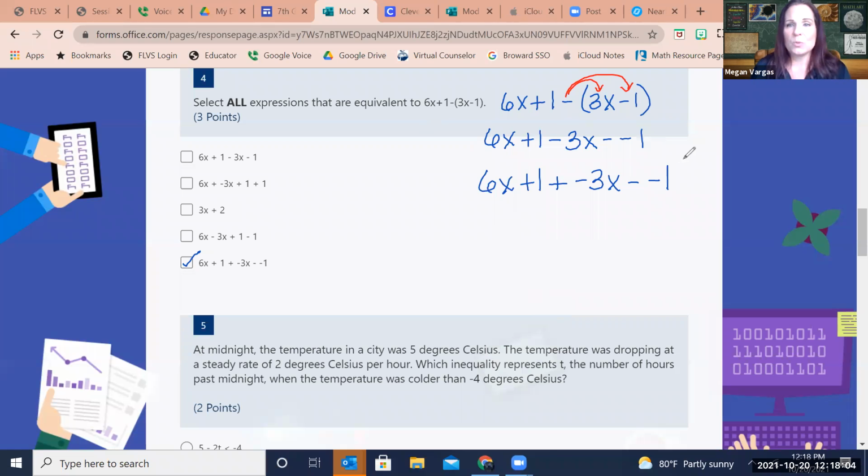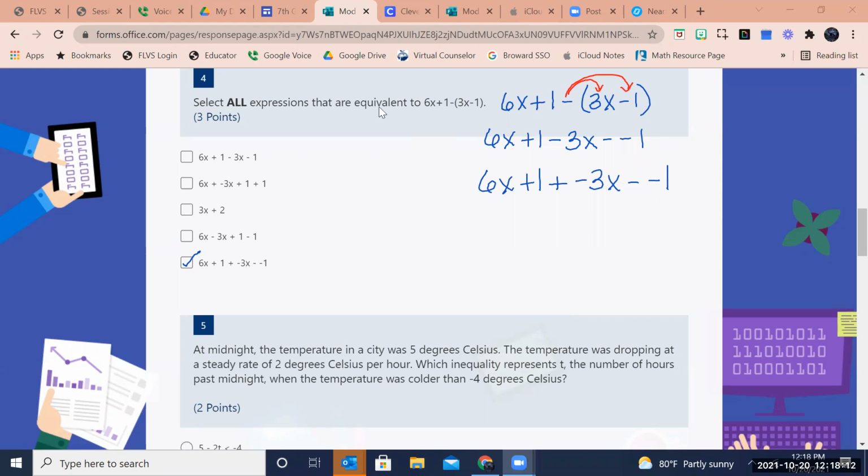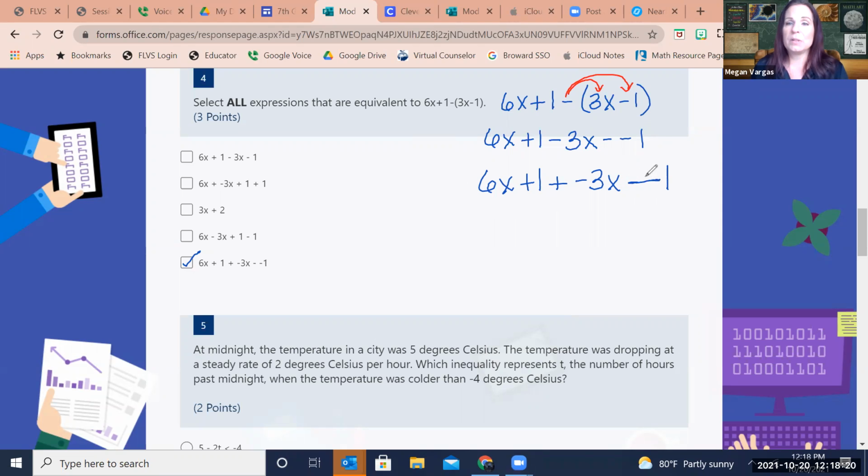What do I do whenever I see a minus and negative? Like two negatives together. Anyone know what I should change that to? Do you have to change one to an addition? Yeah, it's keep, change opposite, right? So they both become one big plus sign. Right? And now if I move the terms around a little bit, if I put the like terms together,